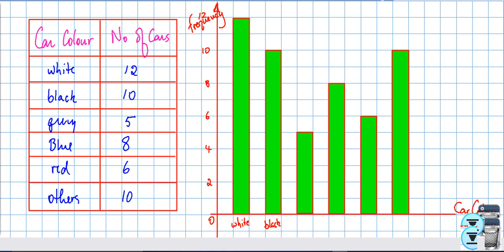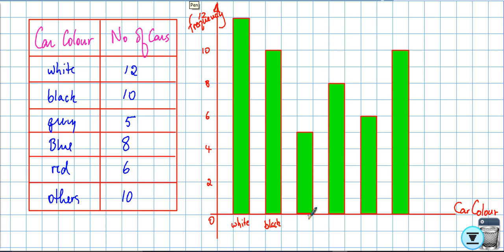Label the axis well. So I have black, gray, blue, red, and others. Please note that the bars do not touch each other and the bars all have the same width. Alright, very important. The bars